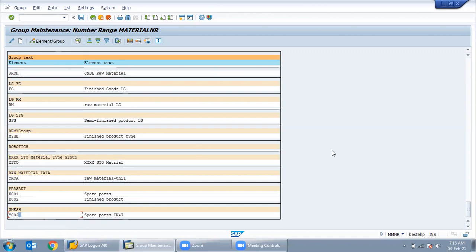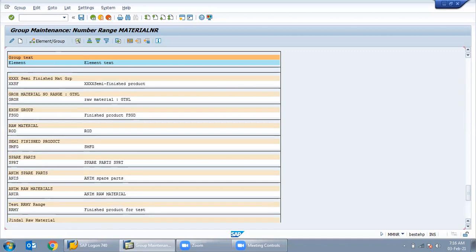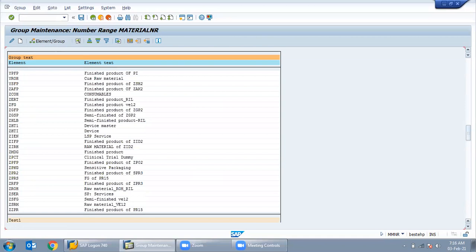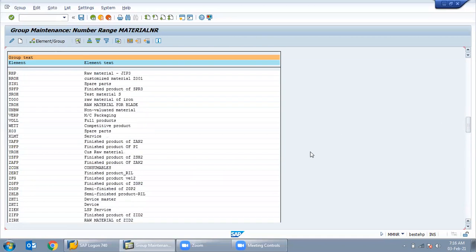Again, I am showing the same thing for another material type, that is Y003. Sir, Y002 and Y003 are the two material types, right? Yes.